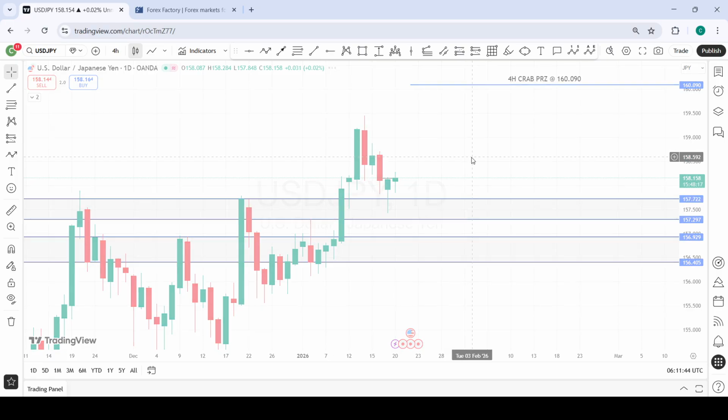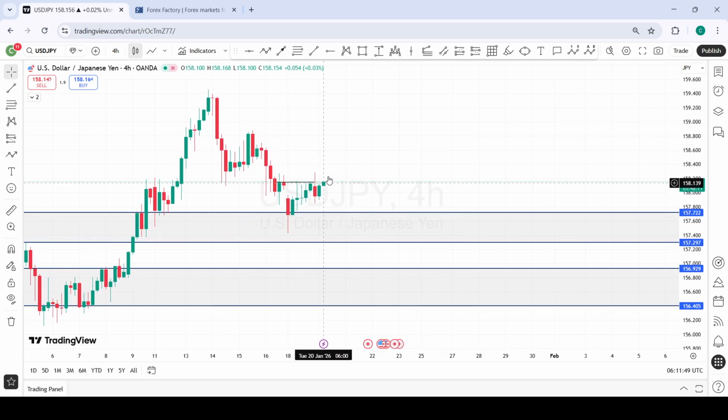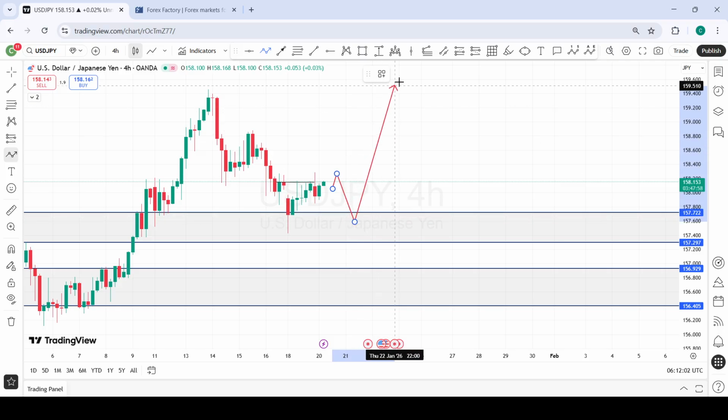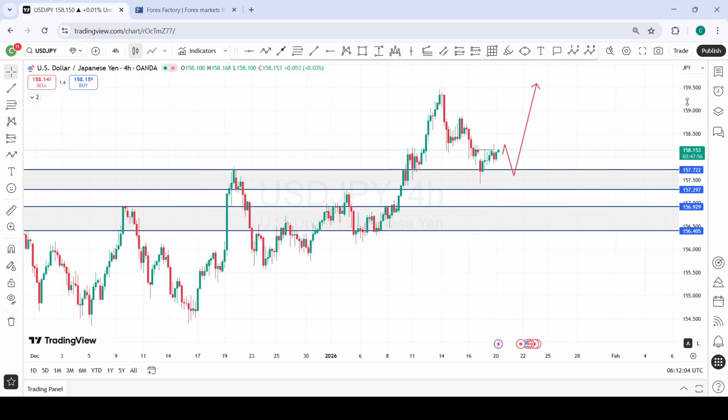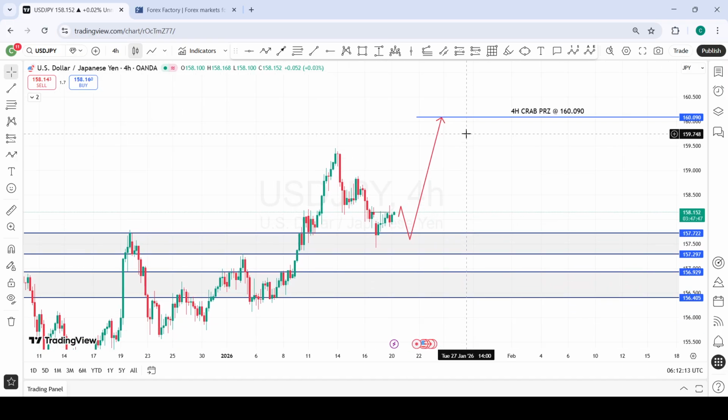area of interest. So if we drop down to the 4-hour time frame, we are waiting for this 4-hour structural shift. We want to see a 4-hour candle break above the structure points, give us a possible higher low, or should price give us a double bottom formation, we will look for buying opportunities with the TP we had set earlier. So we are looking for a possible buy opportunity on USDJPY, which somehow does not conform